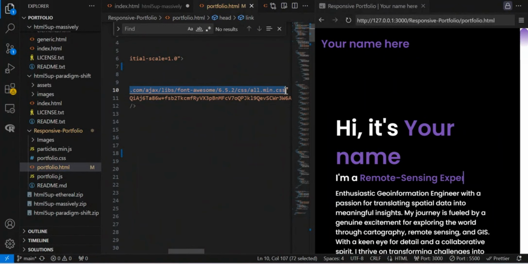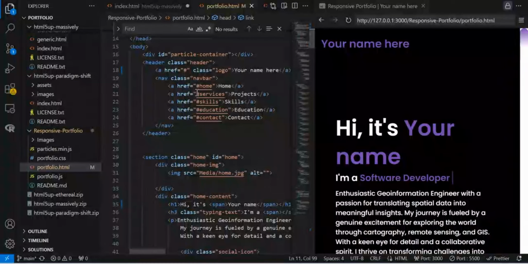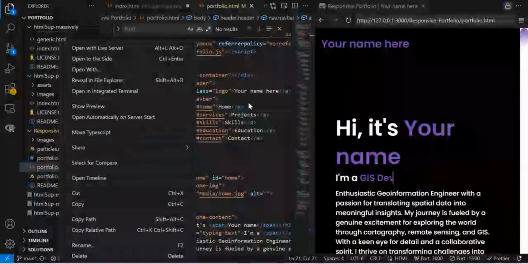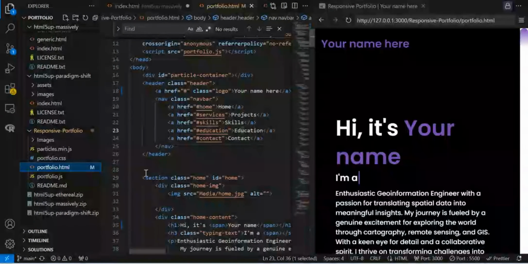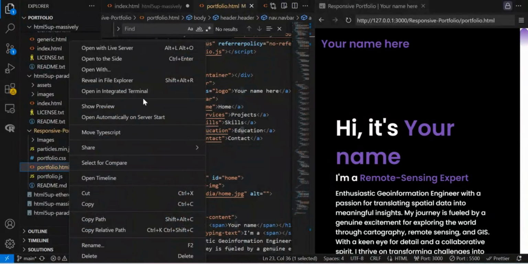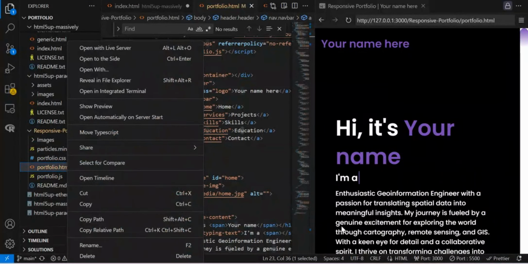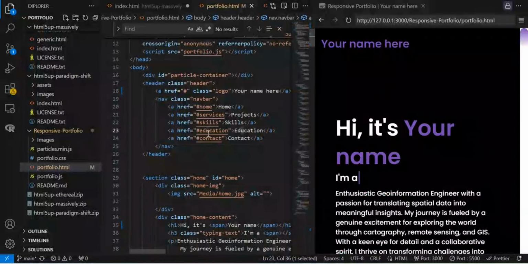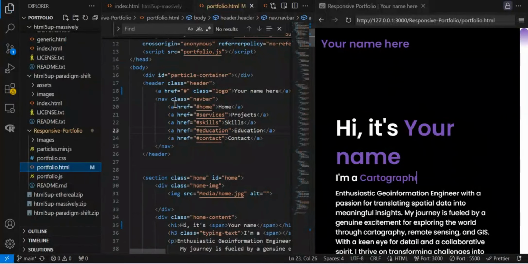This style, main.csl, make sure you're also not changing them. It also has a navigation panel. So I think this home, project, skills, education should be somewhat... This is a little bit different from what I showed you before. But I need to close this. So you can just show this here.